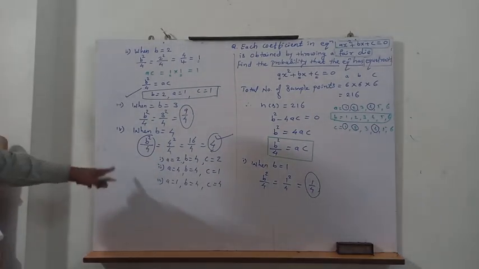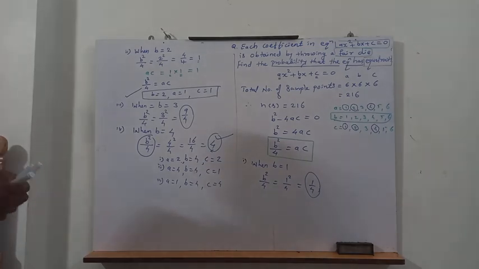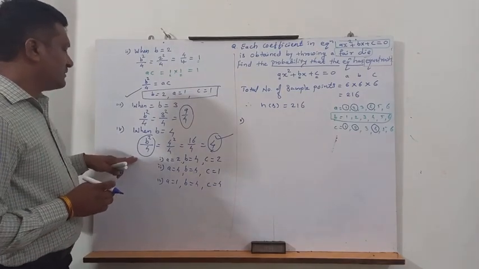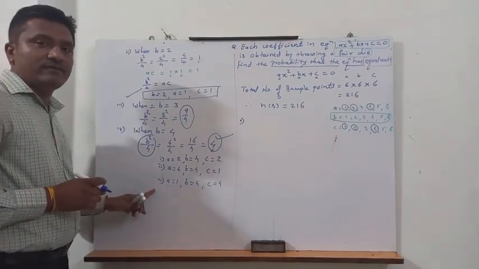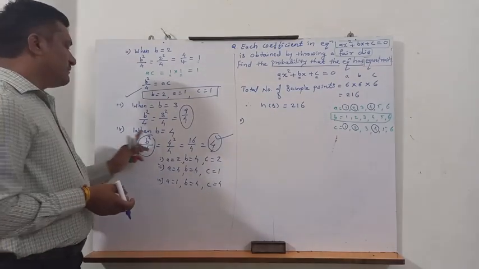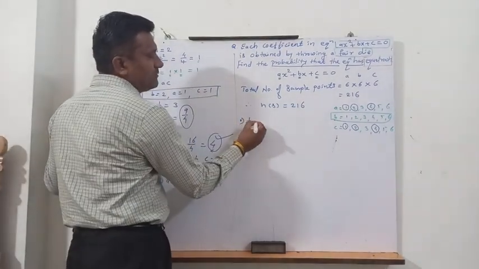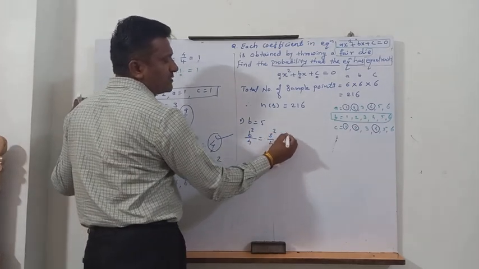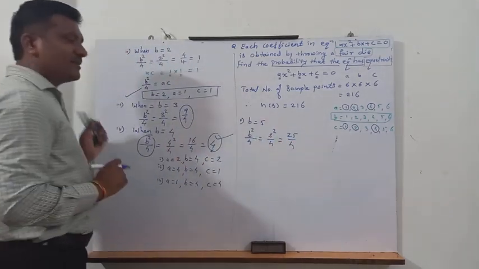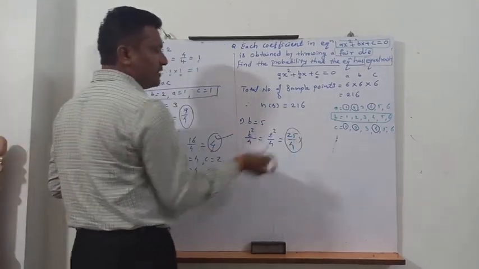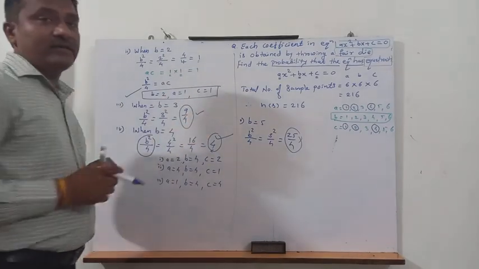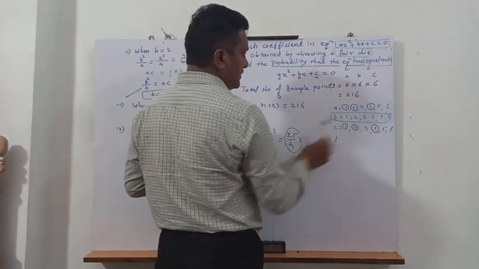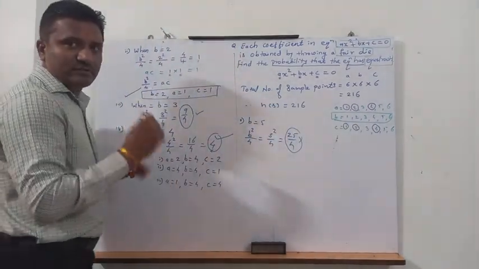Now next is what? 5. For 5 we will find it now. Okay, so till here we got 1, 2, 3 and 4 possibilities. Now here b equal to 4. Now we have to next consider that b equal to 5. For that b square by 4 equals 5 square by 4, which is 25 by 4. So again this is a fraction, like first 1 by 4, then 9 by 4, again 25 by 4. Therefore there is no such possibility that A into C can be 25 by 4. That's why this is also rejected.